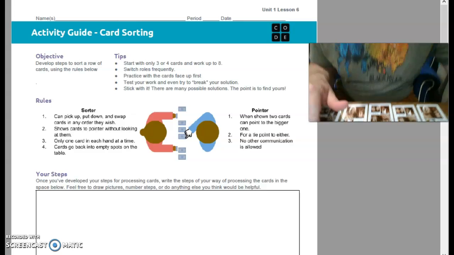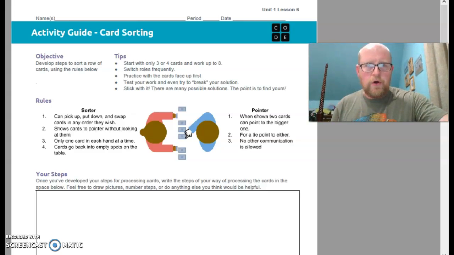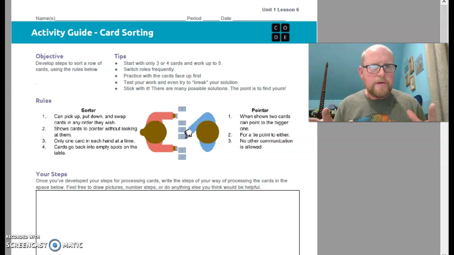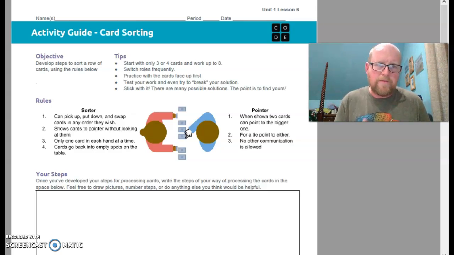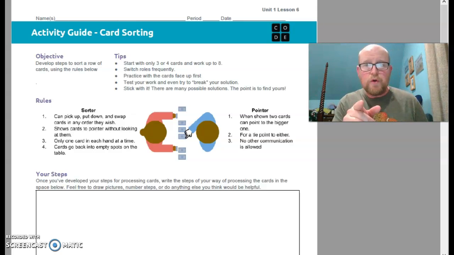And with your partner, I want you to hold up 2 cards, and your partner is going to point to the bigger of the 2 cards. Now, there's no communication allowed during this activity. You're going to be completely silent. So you're going to hold up 2 cards, your partner is going to point to the bigger of the 2 cards, and you're going to work at putting the cards in numerical order from the smallest to the largest,